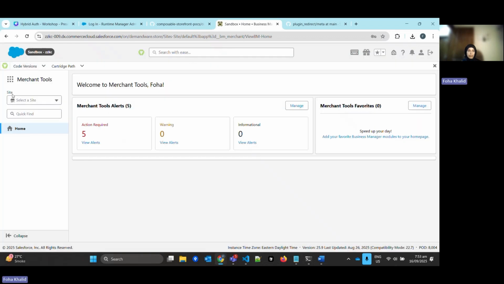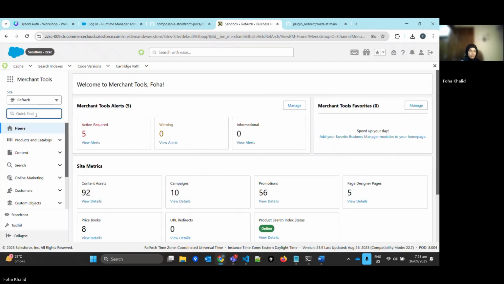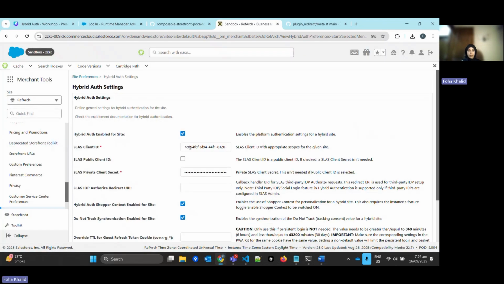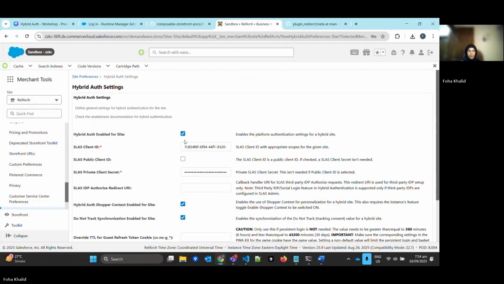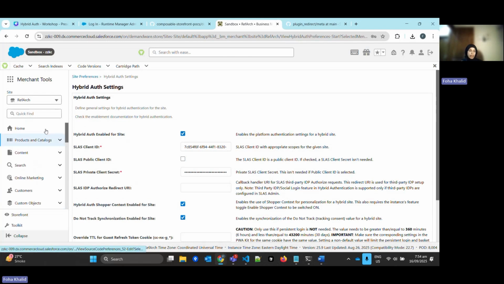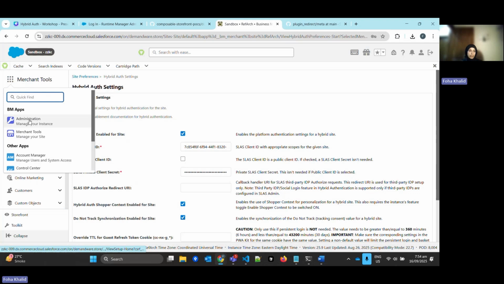Okay, so this is our sandbox. The first thing I'm going to do is select my site, and then I'm going to enable hybrid auth. So this is the page for hybrid auth. I'm going to set up my client ID and my client secret over here. And then I'm going to enable hybrid auth in my settings over here. So that's step 1. And then for step 2, you're going to go to your administration,